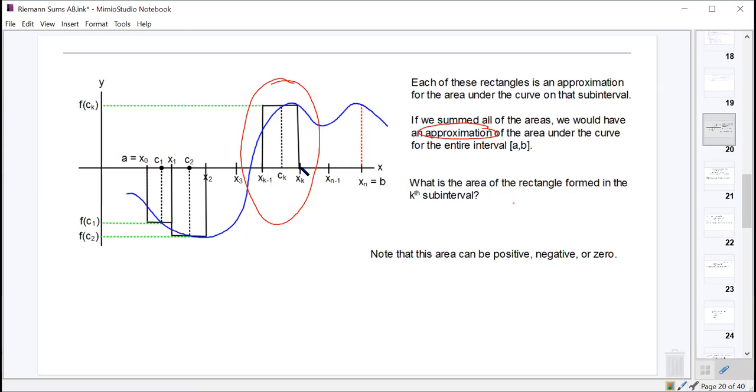It should just be a length times a height, right? Or a base times a height, or a length times a width, or however you want to call it. So what is the height of that rectangle? C of k. Well, so that's the x value at which we went up. And so the y value is the height, right? The y value is f of c sub k,